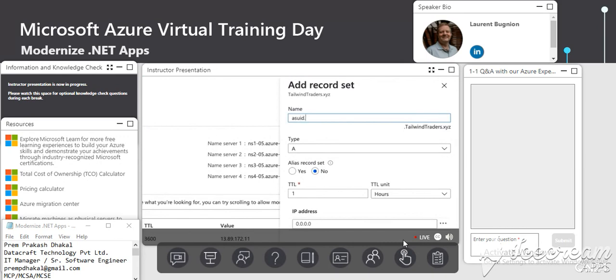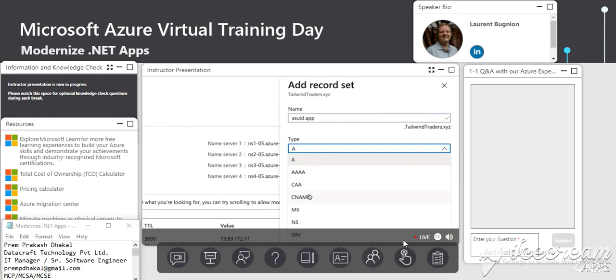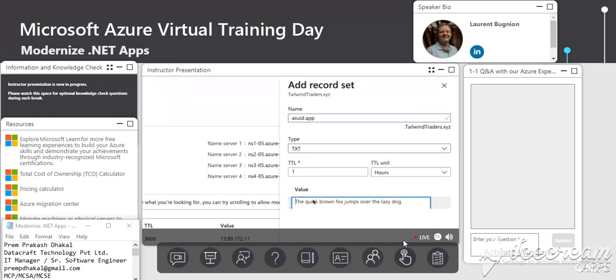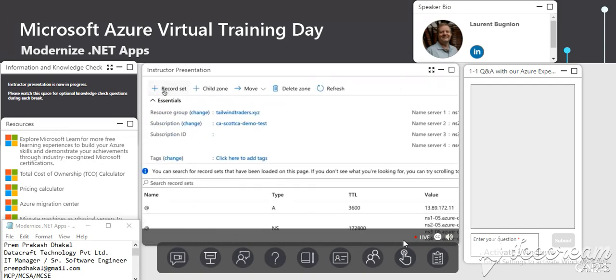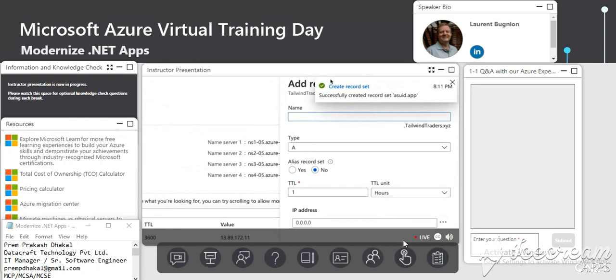We are going to call that asuid.app, and that's going to be the same one for both. And then we add a text record, which is going to prove that we actually own this domain. All right. Let's go. And now if I add a new record set, and this time we are going to